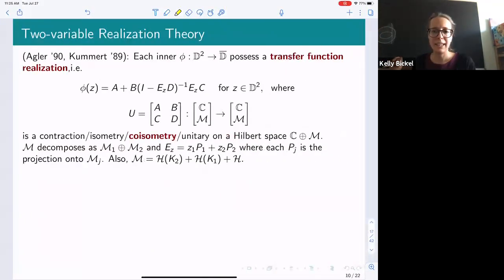Okay, so how does this help us? Well, the existence of Agler decompositions was really what led to the proof of the existence of transfer function realizations in the two variable setting. This, and getting an Agler decomposition type formula, appeared both in work by Agler in 1990 and in the engineering literature by Kummert in 1989. And so what this says is that every inner function has a transfer function realization. That means that there is a contraction U that maps some C, the complex numbers, plus some Hilbert